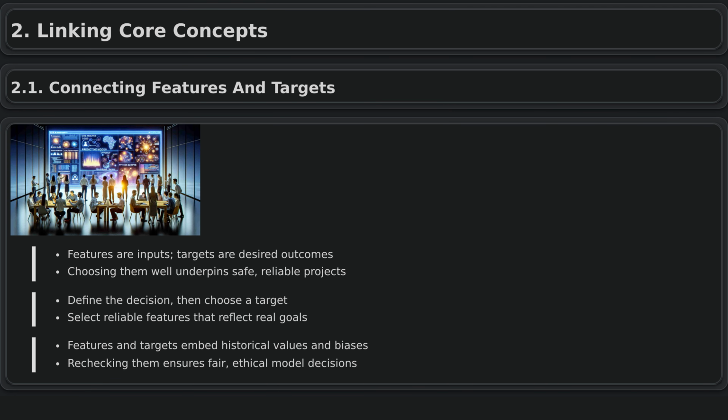Linking core concepts. Connecting features and targets. When moving from abstract models to real projects, it is crucial to distinguish between features and the target. Features are the input data the model uses, and the target is the outcome it tries to predict or classify. For example, in predicting hospital readmissions, age and medical history are features, while whether a patient is readmitted within 30 days is the target. Correctly identifying these elements connects theory to practical machine learning design, and getting them wrong can